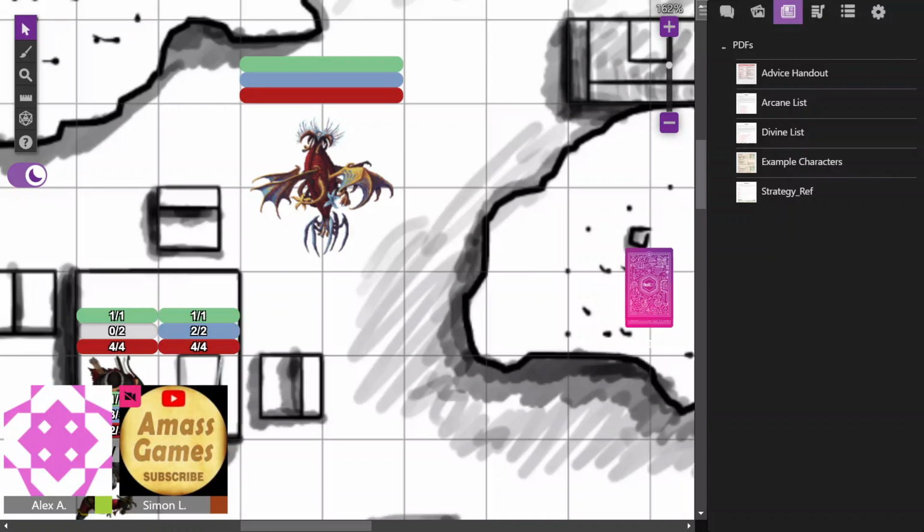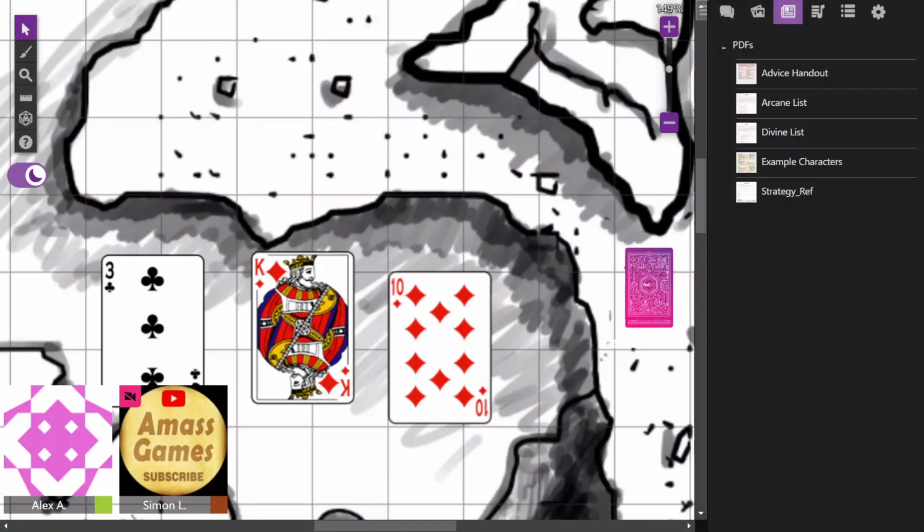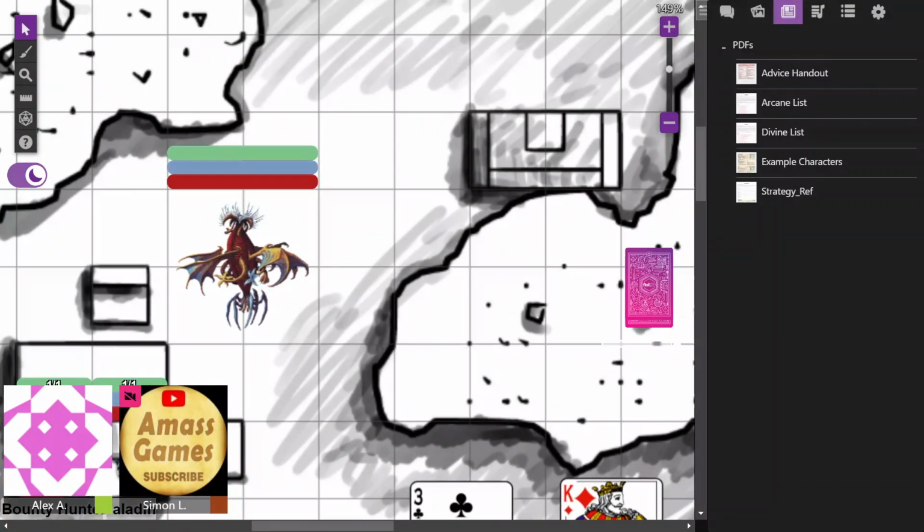Okay. Last time it was diamonds, but yeah. Okay. Oh well, you get one space. The bounty hunter helps with that. Okay. So yeah, the bounty hunter is going to recognize from